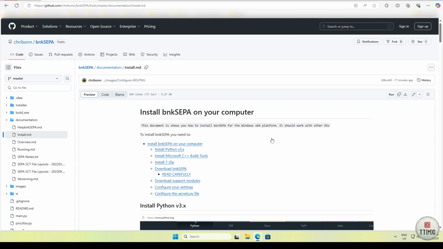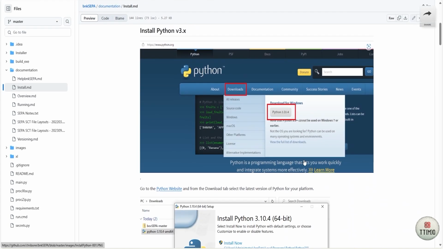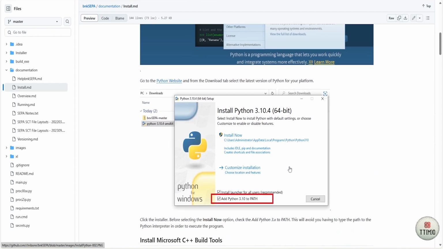Let's go over the document that explains how to install bnkSEPA on a computer. The document I am going to refer to is part of the GitHub repo, which you can read, and I'm going to follow along. Starting from the top, the first thing we need to do is install Python, version 3. If you look at the documentation, the version installed and tested here was 3.10, and if I go into the